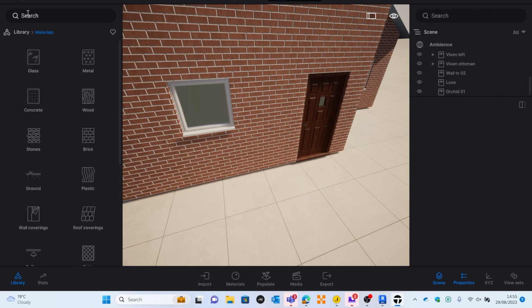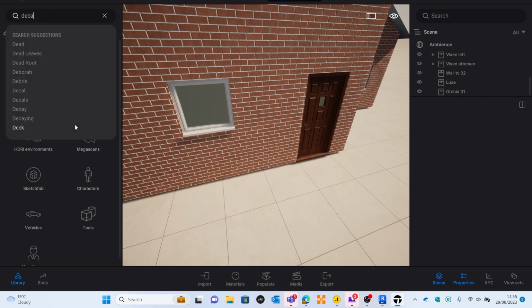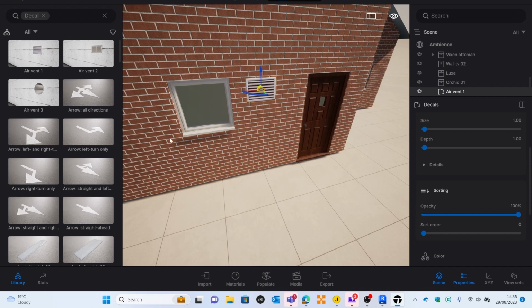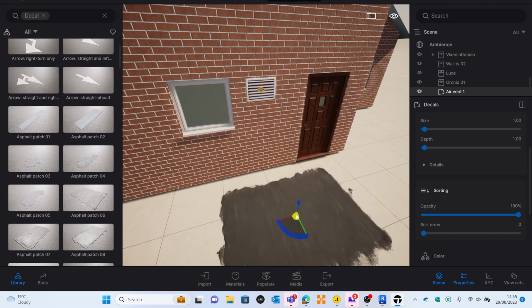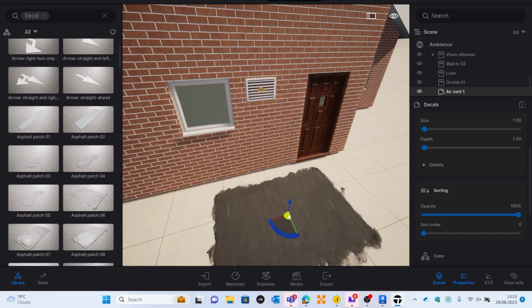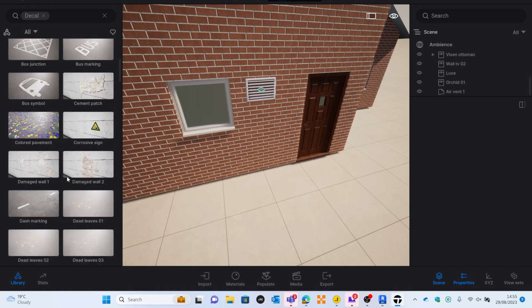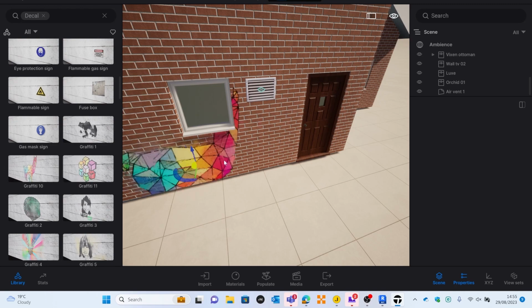So I could say, okay, show me some... Where are my decals gone? Show me some decals. Decal. No, not deval. Decal. Show me some decals. There we go. So I can place things like an air vent directly onto any surface on here. I can place things like patches. So if we wanted to show that there was a patch of asphalt, or even someone's been out here doing some artwork, for example, we can place a little graffiti llama on our building